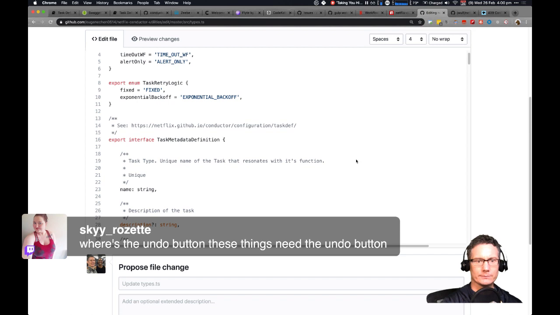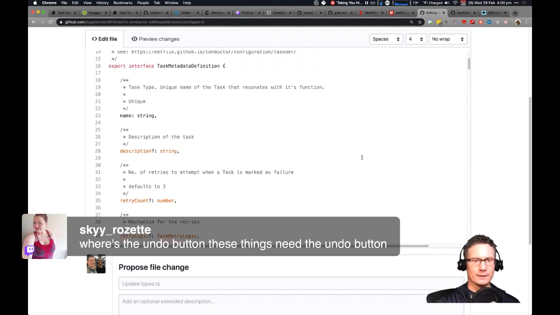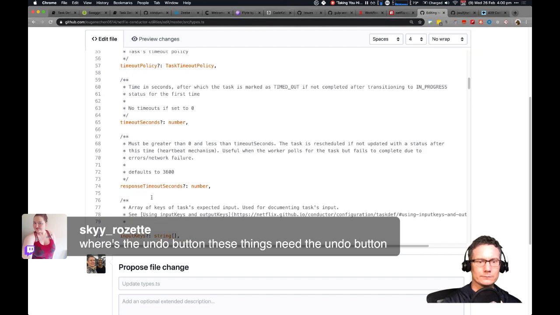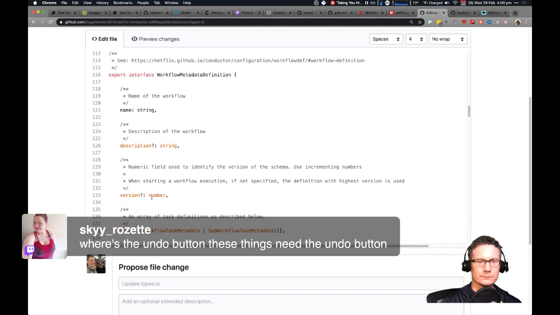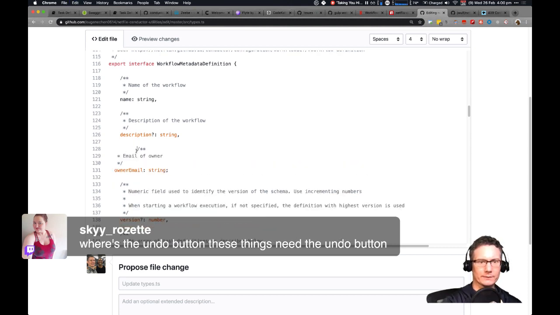Task metadata definition. Workflow metadata definition, same thing.